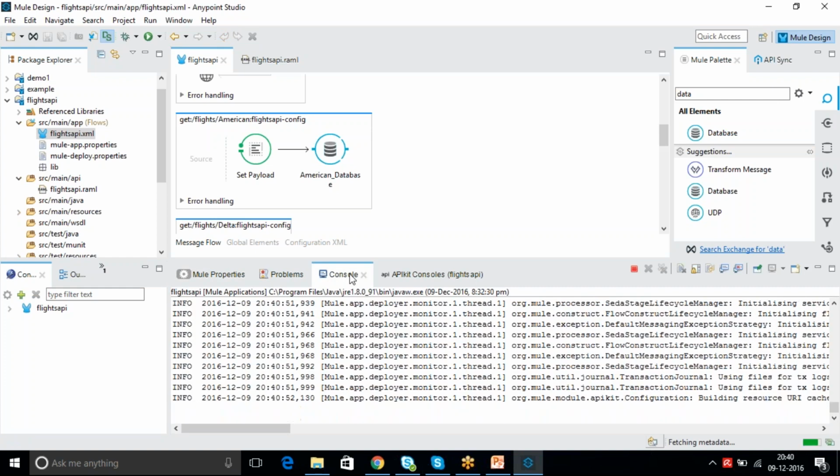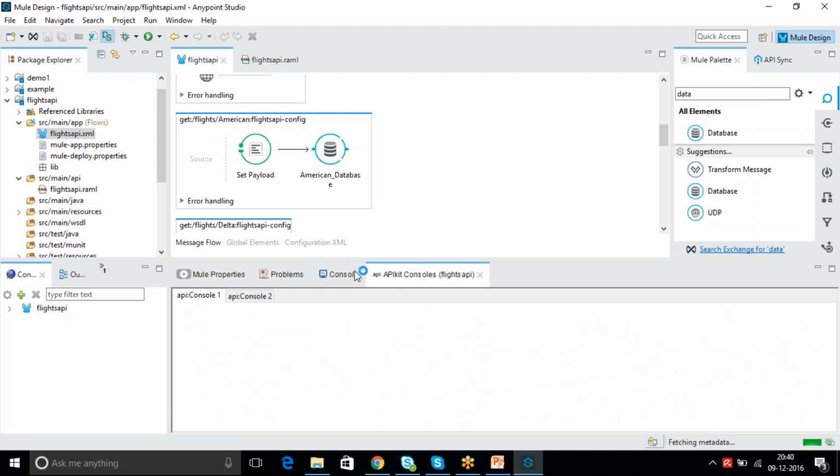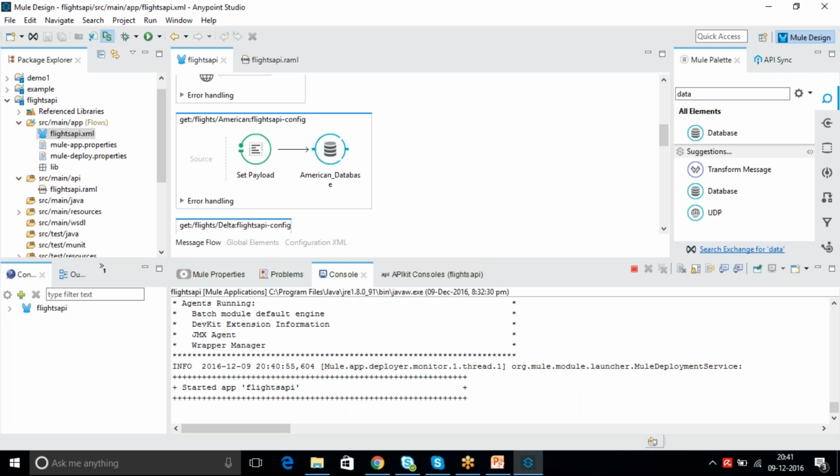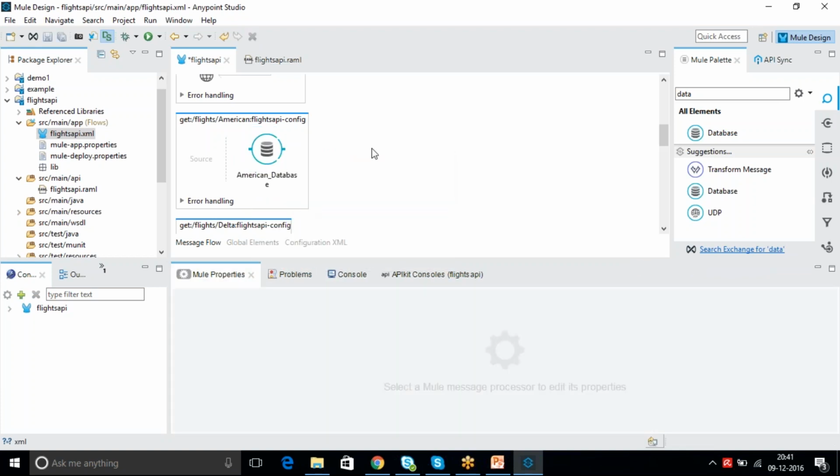So if you see that it will get automatically started and running it in the console. You don't need to start it back. You can also delete this set payload because we are not doing anything with this. You can delete this one. You can simply keep the only.